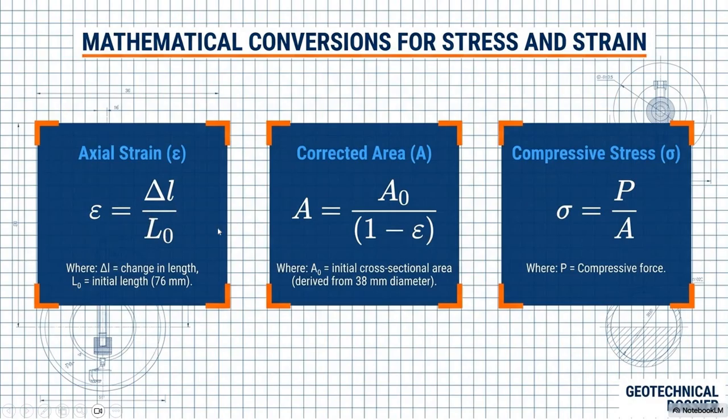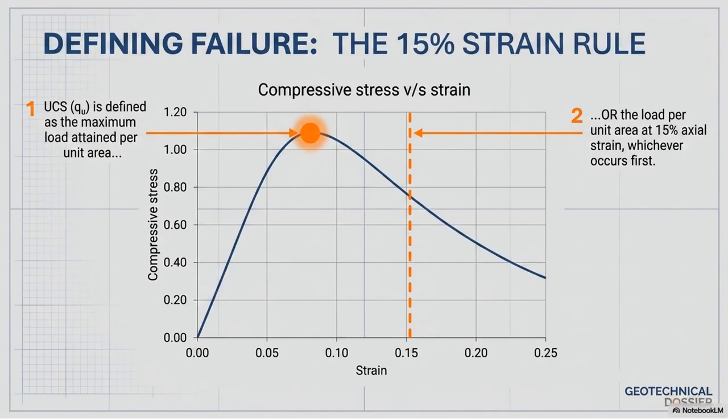So this epsilon is the axial strain, and A0 is the initial cross-sectional area derived from the 38 millimeter diameter, and the compressive stress is sigma equal to P by A. Now, this is defining the failure. You can see that the 15% strain corresponds to the load of failure, or otherwise